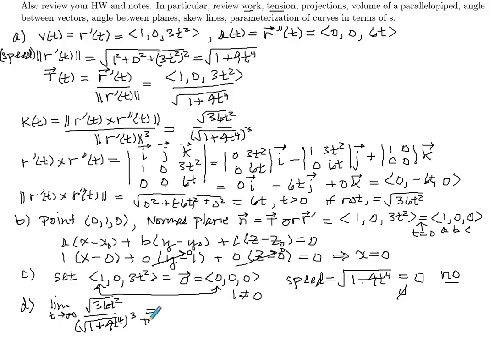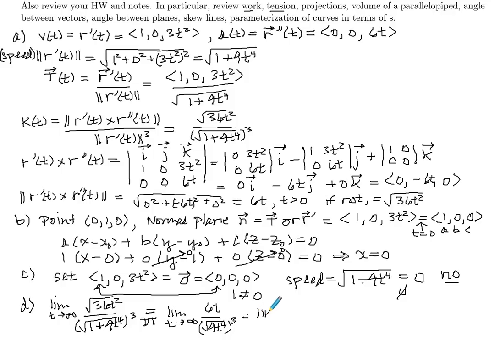And by looking at dominant terms, this is the limit as t goes to infinity. And upstairs, t is going to positive infinity now, so we can take square roots. So this will be a 6t on top. And then the dominant term on the bottom is going to be the square root of 9t to the 4th, cubed. So square root of 9t to the 4th, cubed,